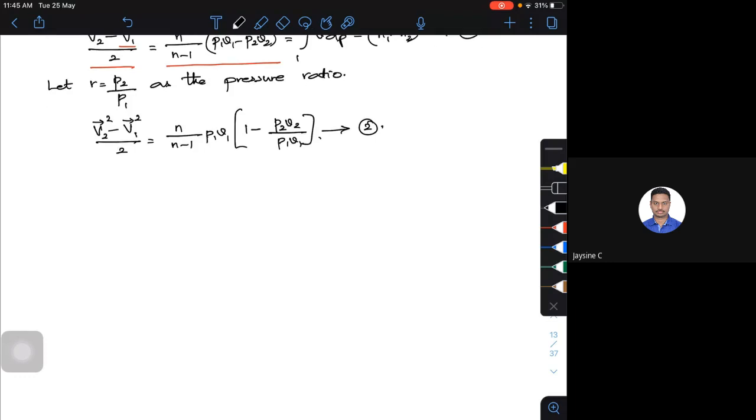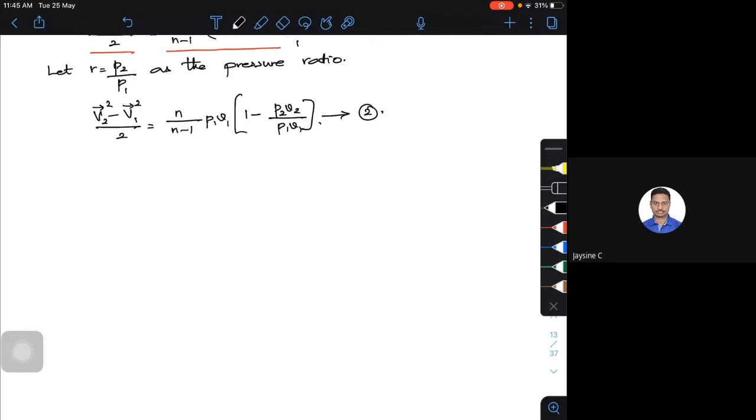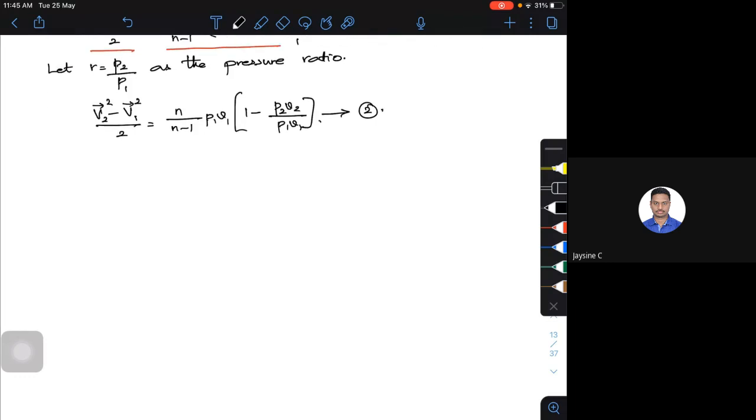Okay, now, what is the process actually? The process is according to P V to the power of n equal to constant. I can write P1 V1 to the power of n is equal to P2 V2 to the power of n, which is equal to constant, because I am trying to consider a polytropic process. So a polytropic process is frictionless, a frictionless adiabatic process. Only thing is I am trying to consider V1, the initial velocity.